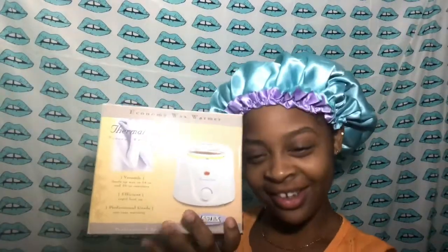Hot and steamy waxing pot. This is a Terminal Spa Economy Wax Warmer. We're gonna get my eyebrow all slicked up and whatnot. 20 bucks. We have instructions. This is the big guy. So to go in